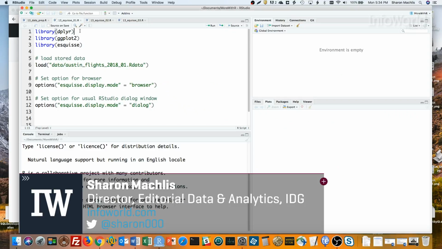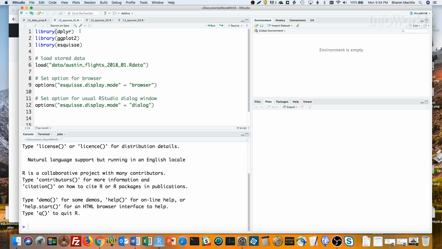I'm here with episode 13 of Do More with R, Drag and Drop ggplot. Some R users become a little leery of graphical user interfaces. Pointing and clicking and dragging may be convenient, but it can make it harder to save or check or rerun an analysis. But I think even most hardcore command line junkies would agree that a drag and drop interface can be helpful for some exploratory work.